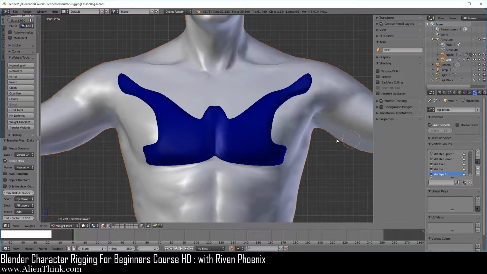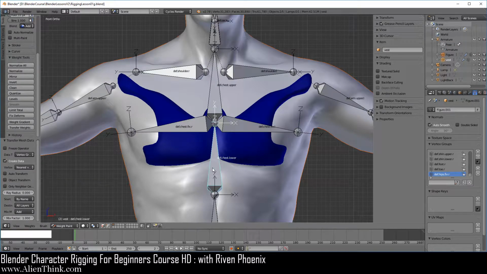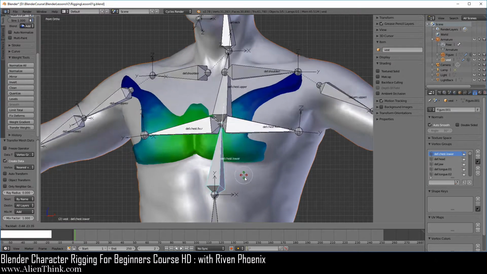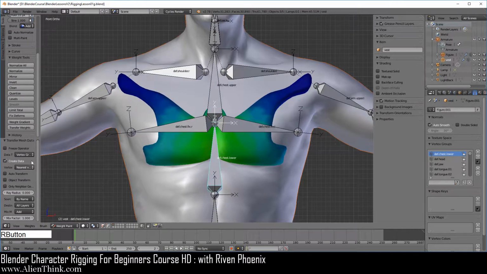And now what we need to do is actually go to the armature and right click on this bone. You have to select it again to select the group over here. Notice that it works just fine. Okay, and that's it. Now when you press the R key 2 times, it should work exactly the same way. So I like using the modifier because it's in real time, but you can do it this way. It works exactly the same way, right?